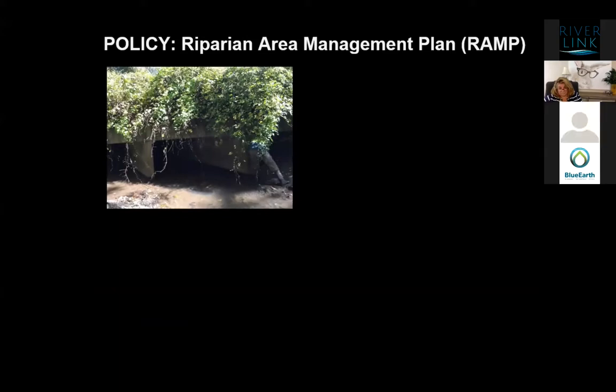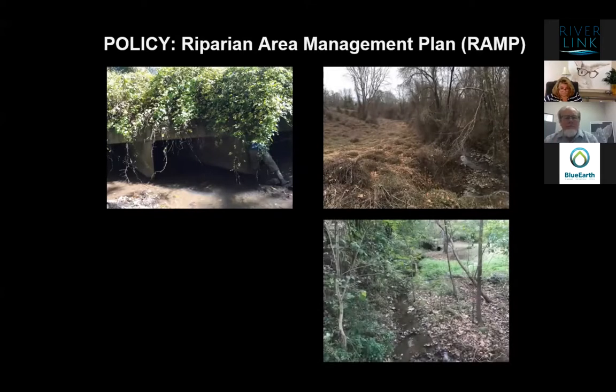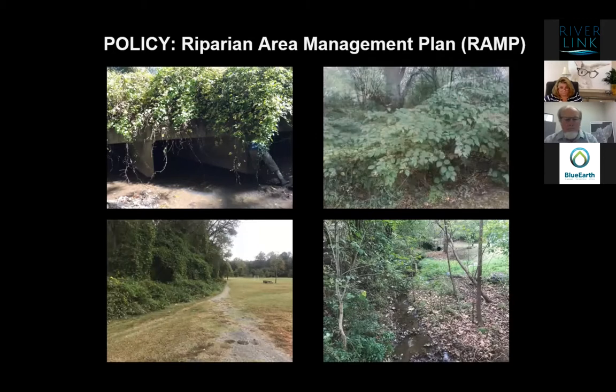And in your travels around Asheville doing urban hikes, you've probably seen conditions like this: various invasive plants and vines overtaking areas, kudzu, the usual suspects. And you'll also see along streams just a lack of riparian buffer and lack of riparian health. And so this policy proposal